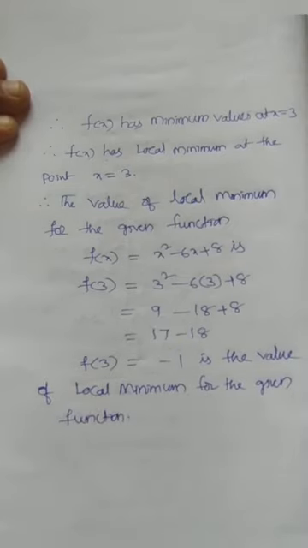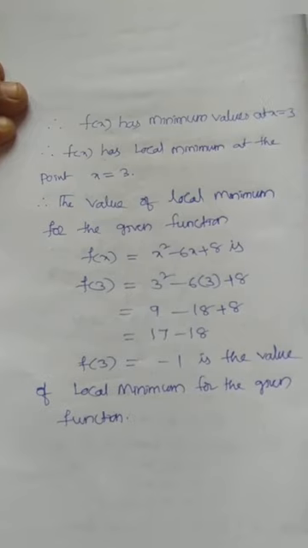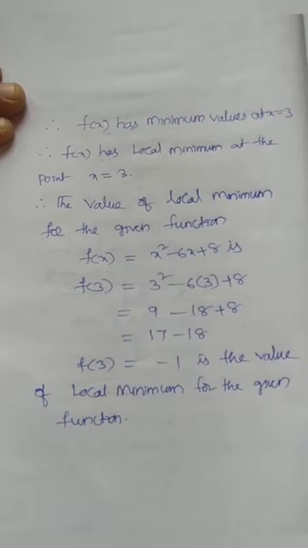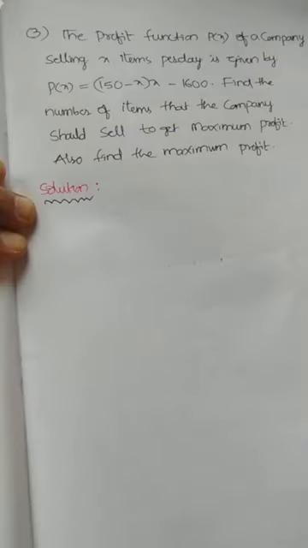So here in the problem we do not have any local maximum for the extreme values. So we have only a local minimum at the point x is equal to 3. Next problem,